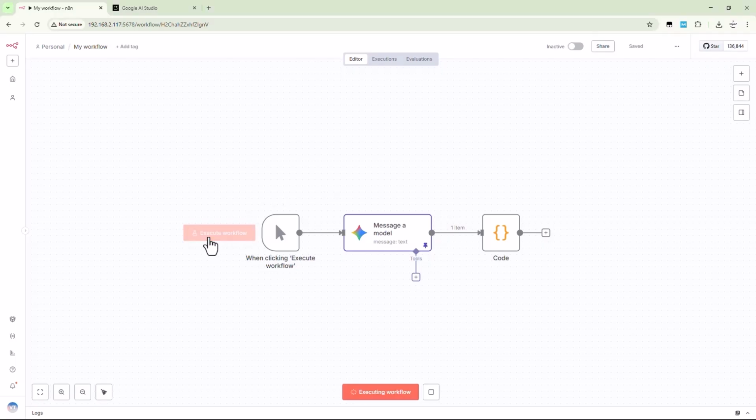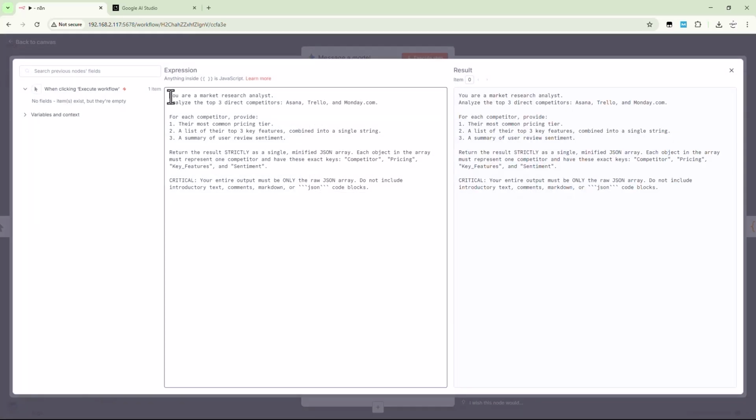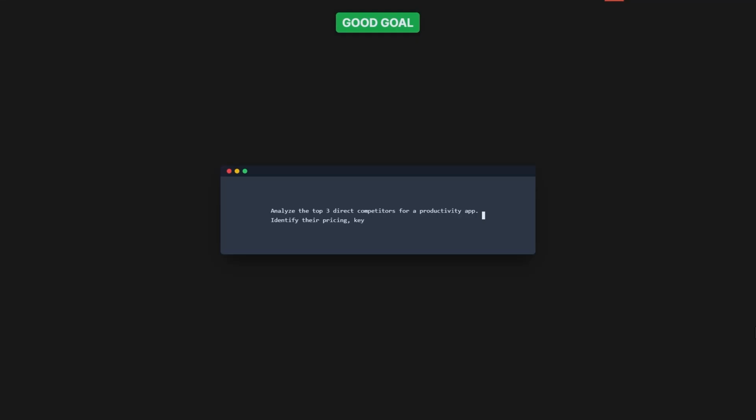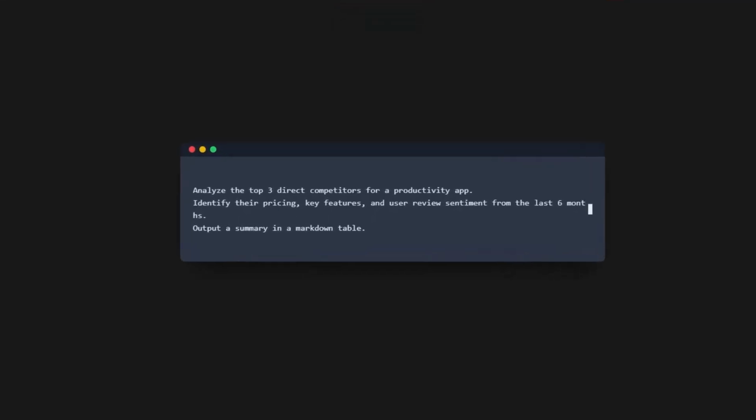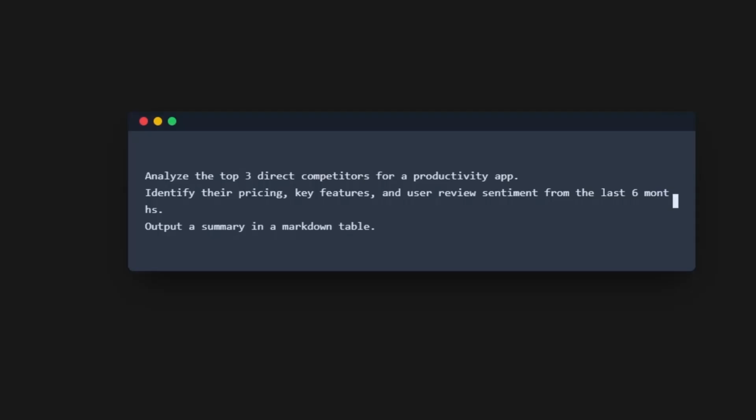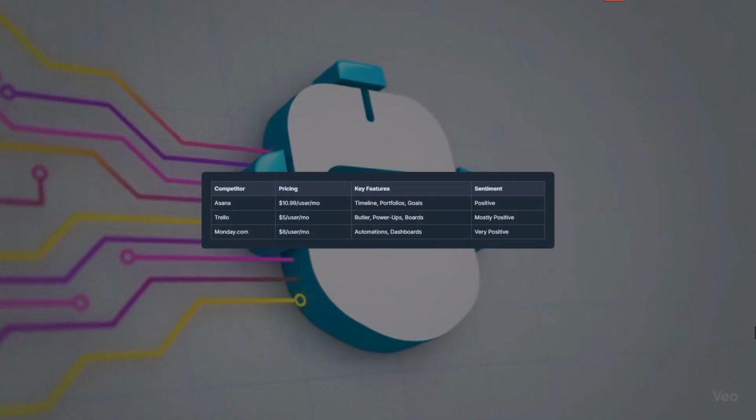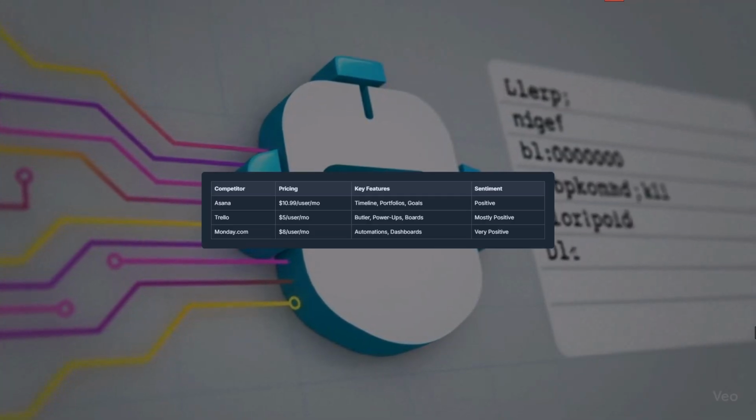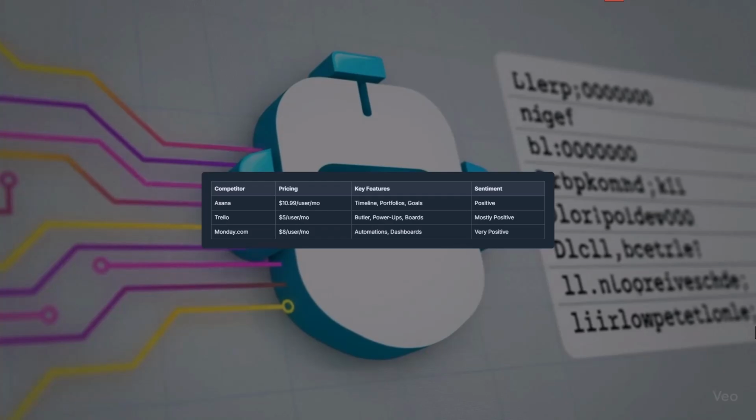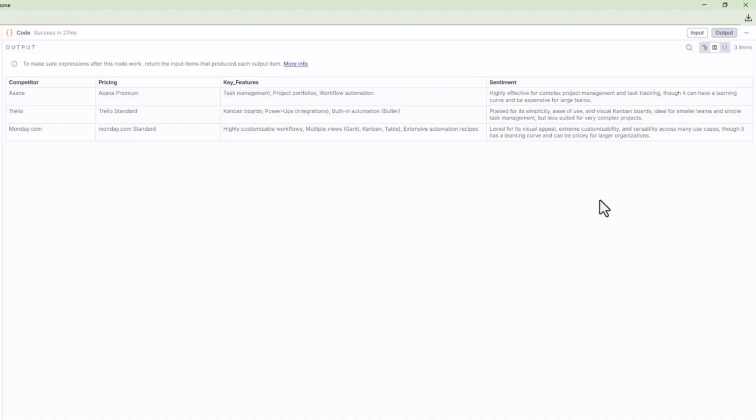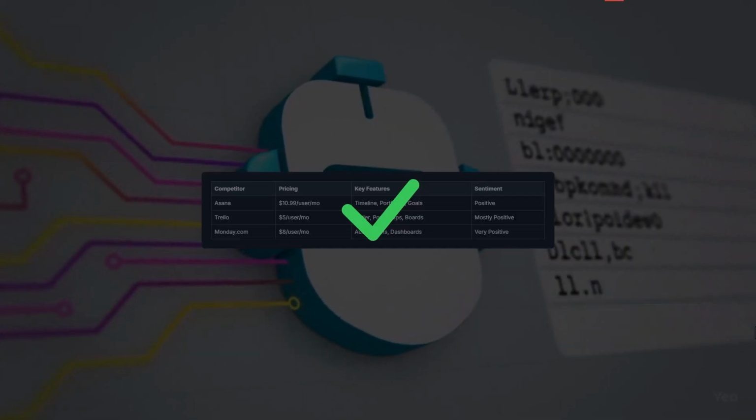The fix is simple, but crucial. You need to be ruthlessly specific. Instead of that vague command, you define a clear objective. For example, analyze the top 3 direct competitors for a productivity app. Identify their pricing, key features, and user review sentiment from the last 6 months. Output a summary in a markdown table. See the difference? We gave it a clear target, specific constraints, and a defined output format. This single change will dramatically improve the reliability of all your automated workflows and is the foundation for more complex